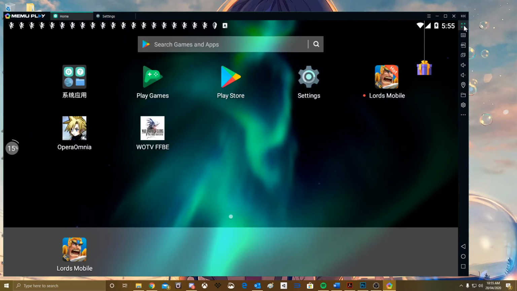So Memu will have a sidebar with a bunch of different options. For example, this allows it to go full screen. This will allow you to key map. For example, if you're playing games on this, you can actually map a controller to this emulator, which is great. There are also multi-volume controls, things like that. You can share folders between your PC and the emulator. Anyway, what we want to do is this option, which is,